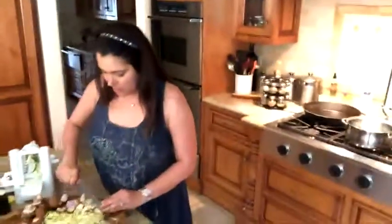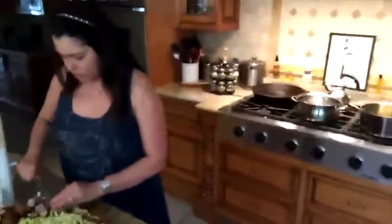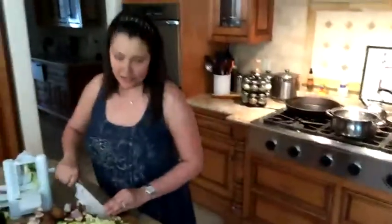Want this back here? Well, I put it there so that they can see the pot, but you can move it around, that's fine. So they can see what I'm doing. I'm just chopping